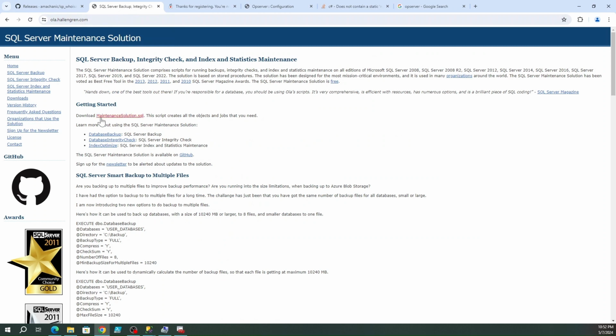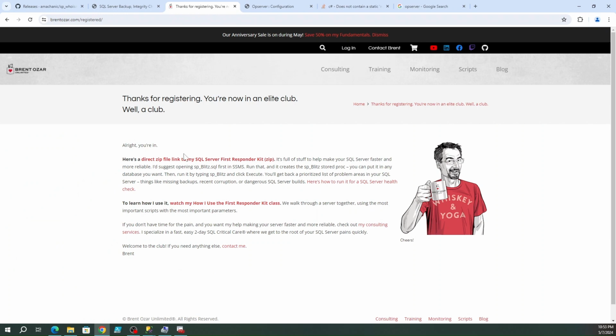I downloaded the maintenance solution right here. This script creates all the objects and jobs that you need. Most of these are stored procedures, and it's going to give you the rundown of what this includes. I've already showed you the jobs, but there are a lot more objects that are probably associated with those jobs. And here is